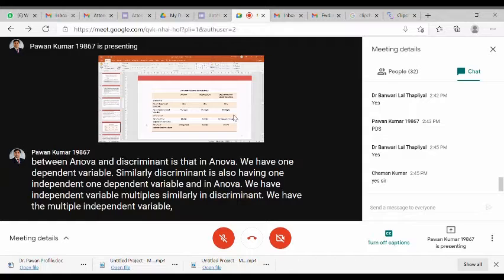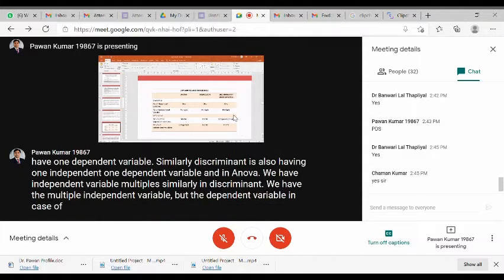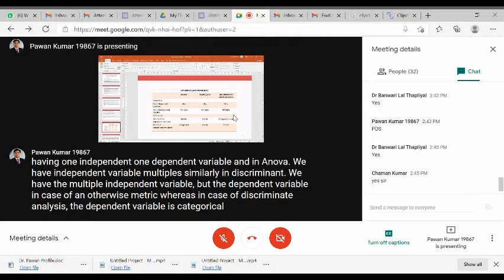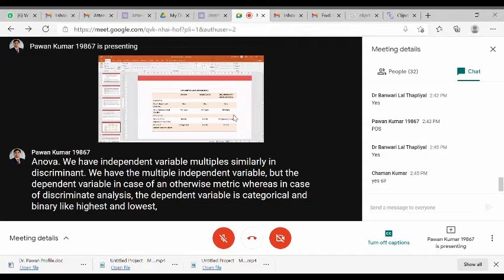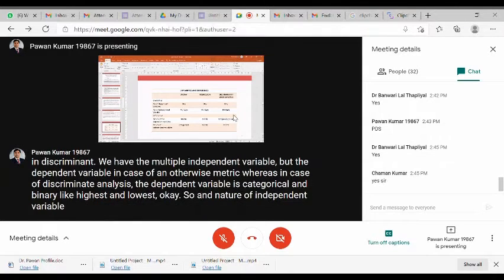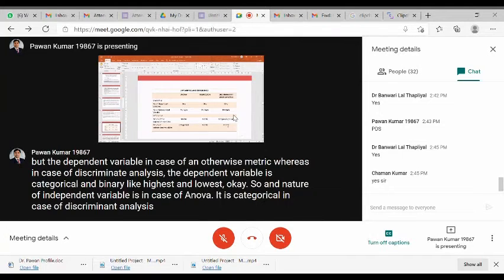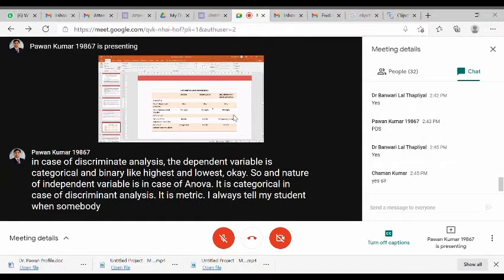But the dependent variable in case of ANOVA is metric, whereas in discriminant analysis the dependent variable is categorical and binary, like high risk and low risk. And the independent variable in ANOVA is categorical, while in discriminant analysis it is metric.